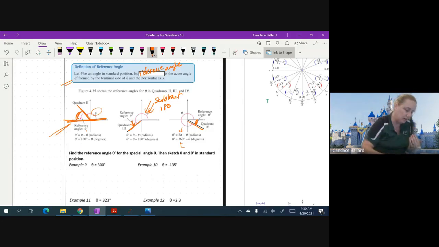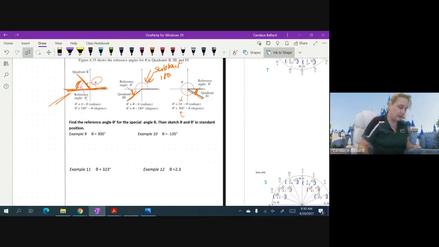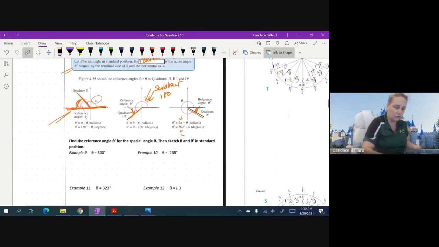All right, so let's try this. We're supposed to find the reference angle and then sketch it. I actually would do it in the other order. I would sketch it first. So looking at your unit circle, okay,